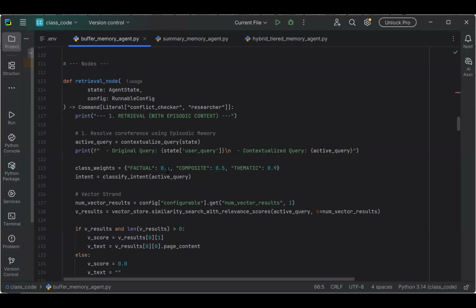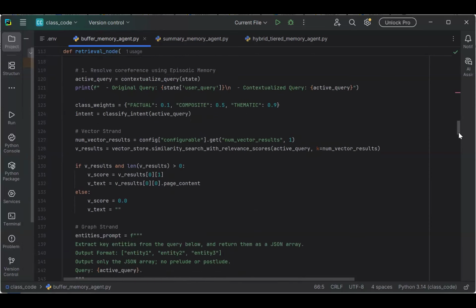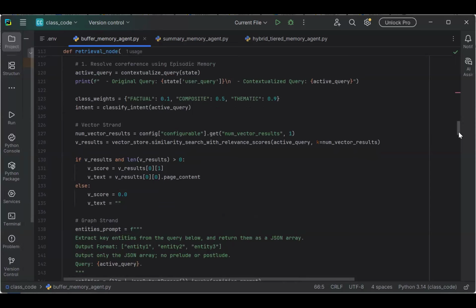I think we also had that in the last class code. So essentially here, the only thing we are using the episodic memory for is to contextualize the query,